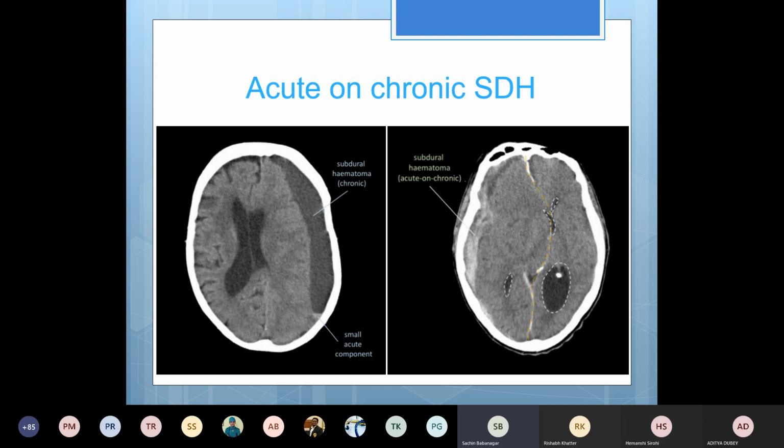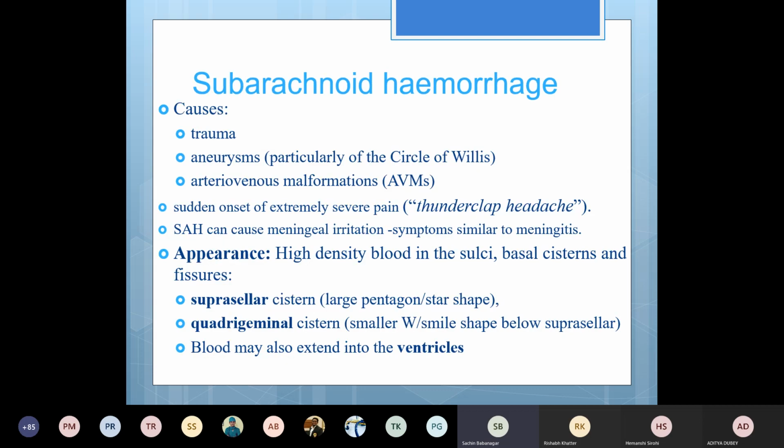So if you see the ventricle is pushed to the other side, wherever it is pushed to, that is the midline shift, towards the right side here. And in this case, there's midline shift towards the left side. You can see the effacement of the ventricles here, and you can see there is ex-vacuo dilatation of the left side lateral ventricle's occipital horn. So that happens when there is mass effect.